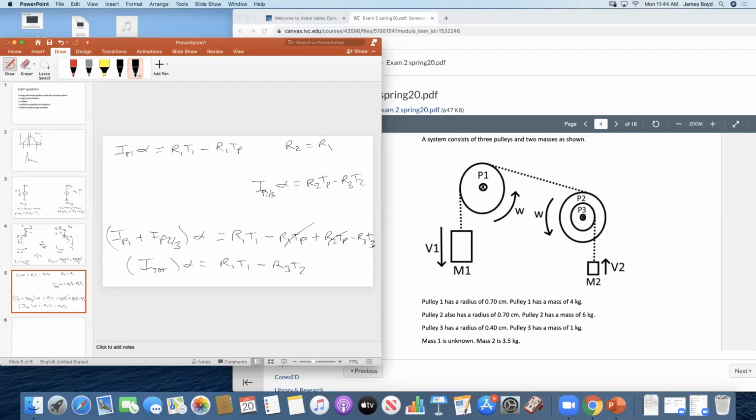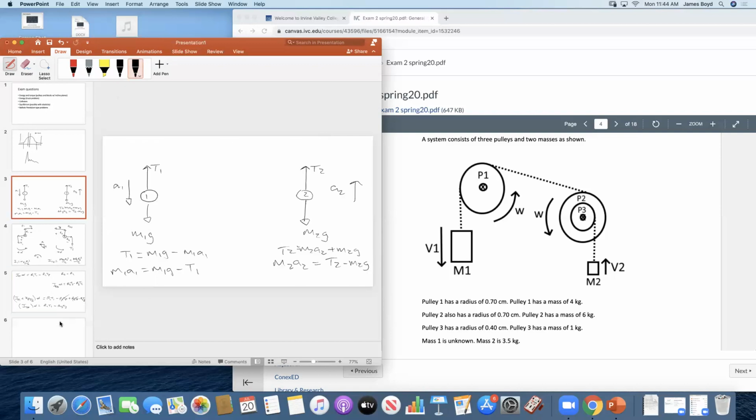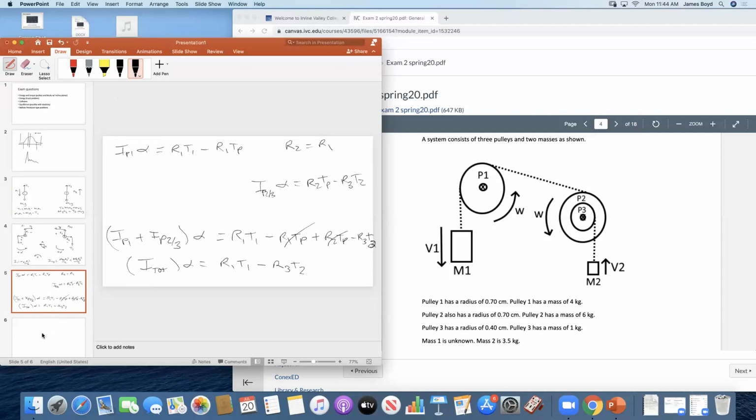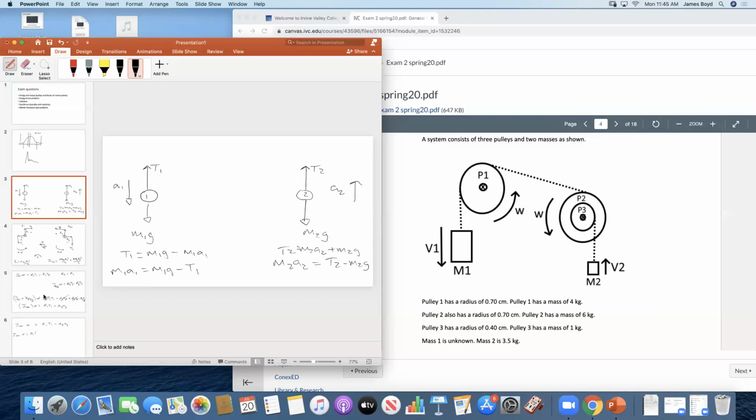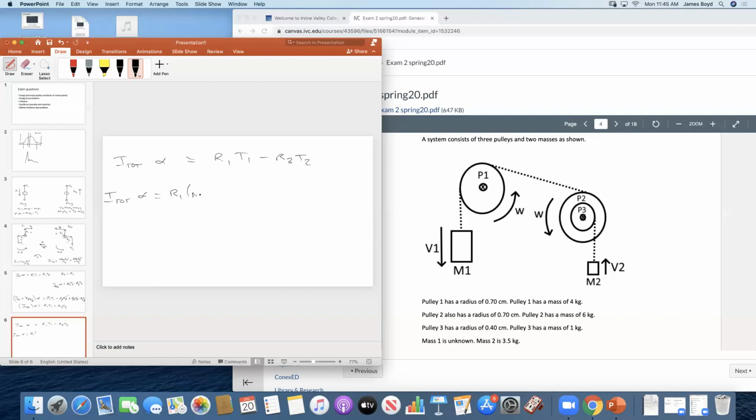T2. When I look back to this, I've already solved for T1 and T2, and I'm going to put those in. Let's put it all together. I total alpha is equal to R1 T1 minus R3 T2. Just plugging these in, I get R1 times M1G minus A, minus R3 times M2 plus